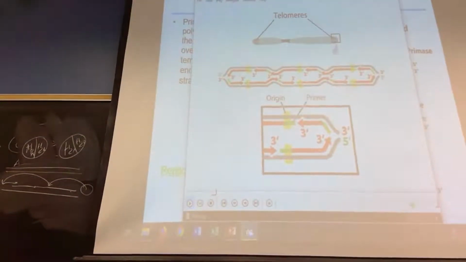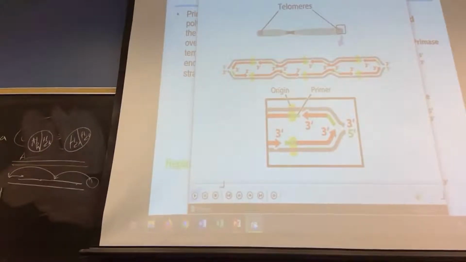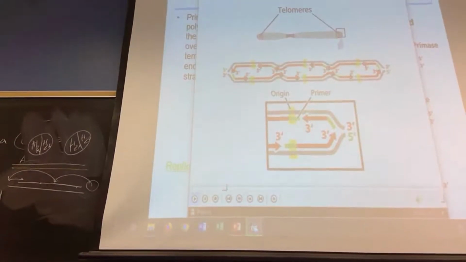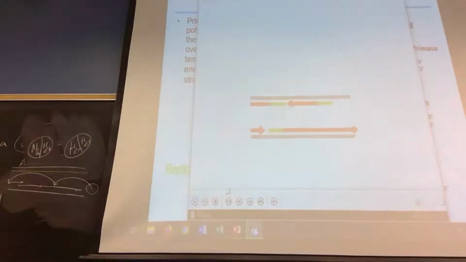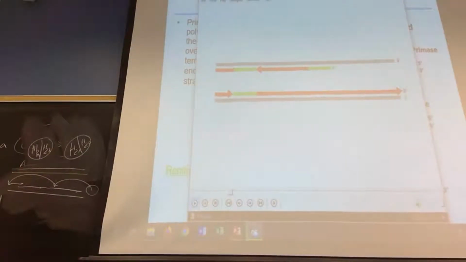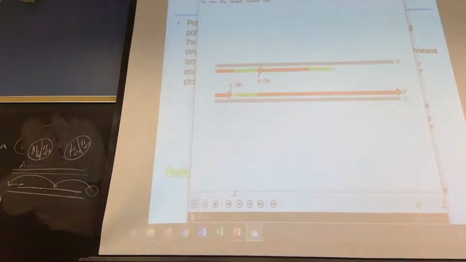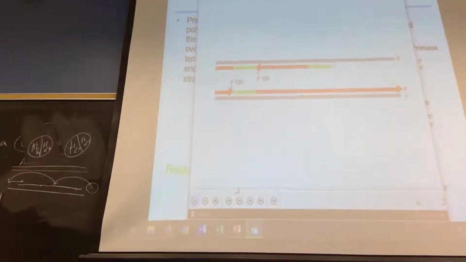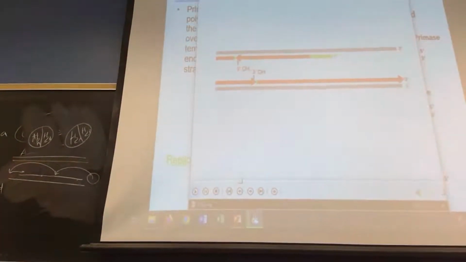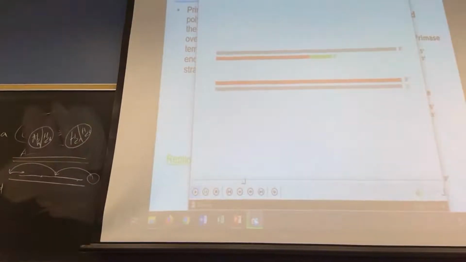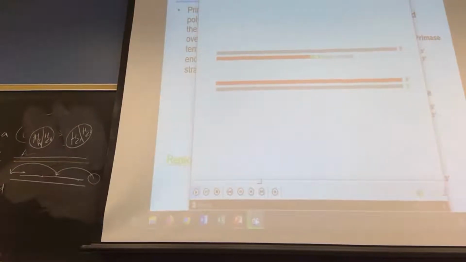Each RNA primer has provided a hydroxyl group at its 3' end for the replication of the new DNA. The RNA primers will be removed and replaced with DNA. The 3' ends of the DNA provide starting points for removing the adjacent RNA and filling in with dNTPs. In some single-celled eukaryotes, the terminal primer is placed at the end of the chromosome, but in humans, it's placed 70 to 100 nucleotides from the end, so that when this primer is removed, an even larger gap remains unreplicated